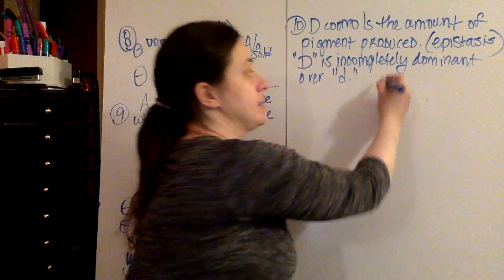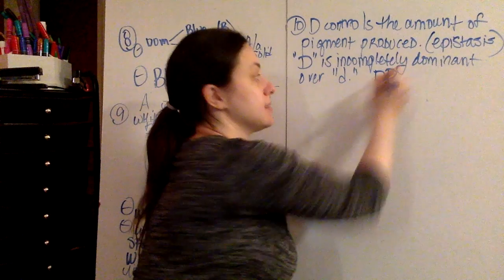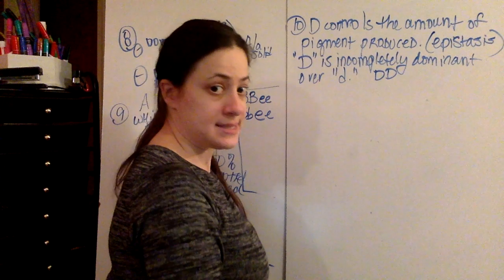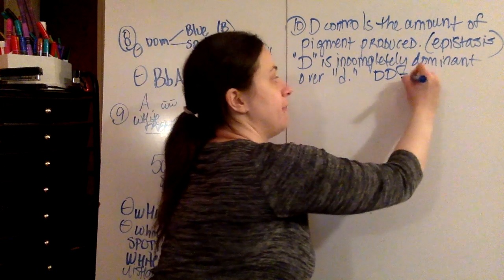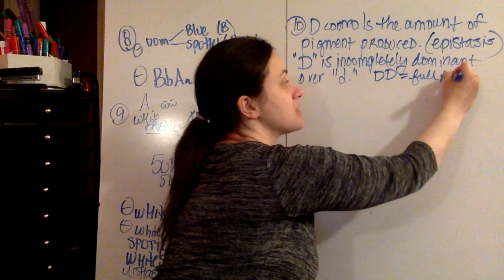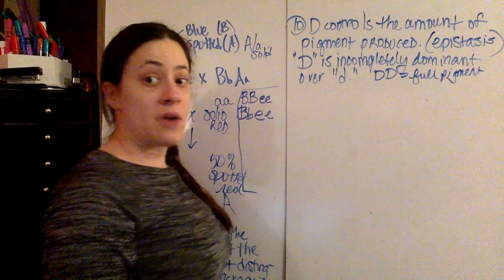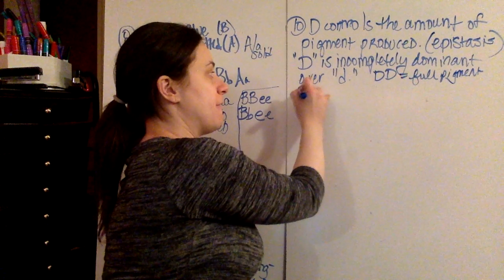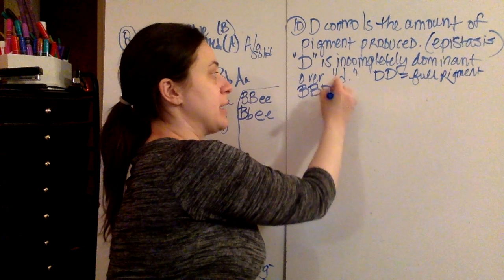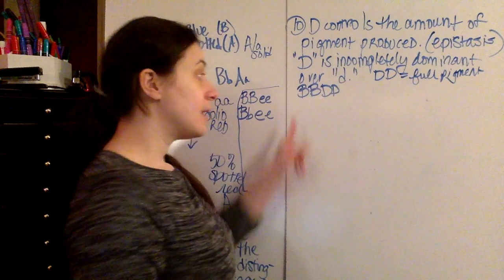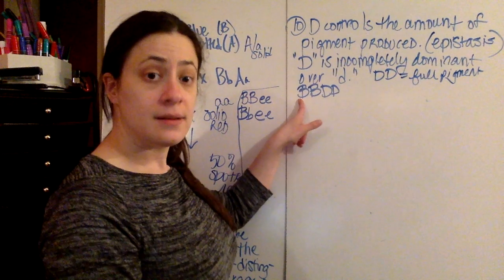What we mean is that if something has big D, that means that the full amount of pigment is produced. Full pigment. So an example would be if we have big B, big B, big D, this would be a